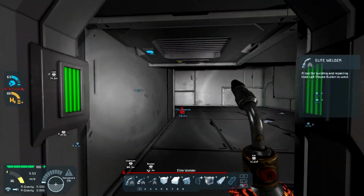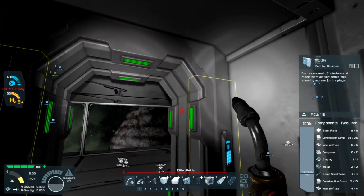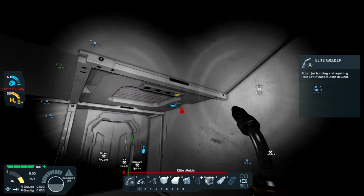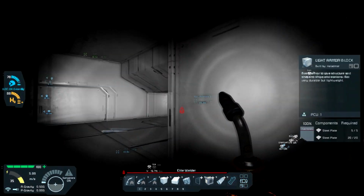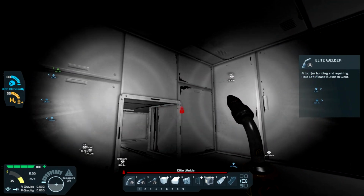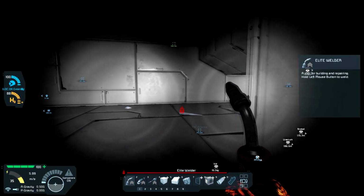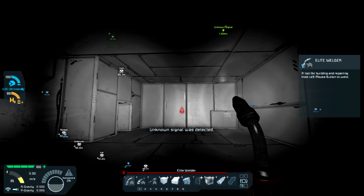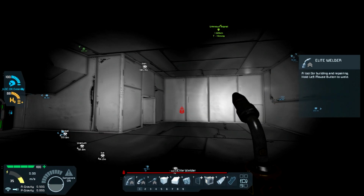And are you done welding everything up? You are. Okay. Alright, so it is saying... There we go. It just took it a second to catch up. Okay. So yes, the room is airtight, fully pressurized. So that means we'll be able to put a door in here that will pressurize this. And then we will have the rest of this set up as well. And what I'm thinking here...